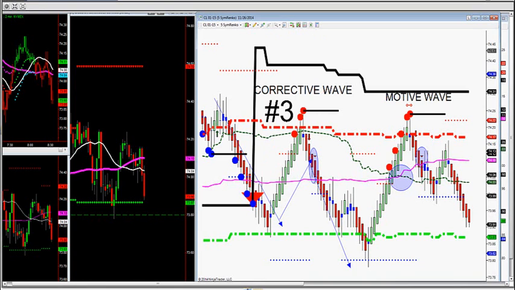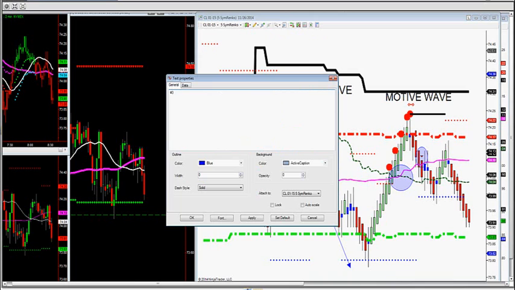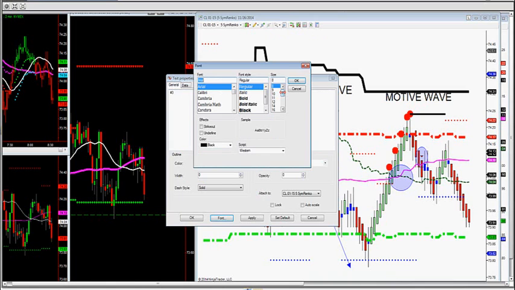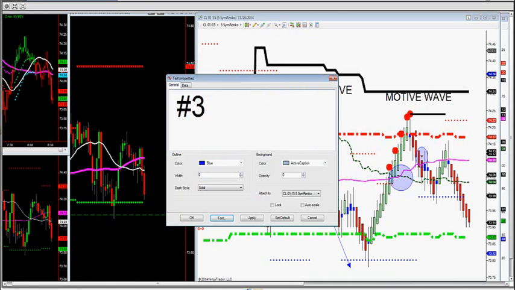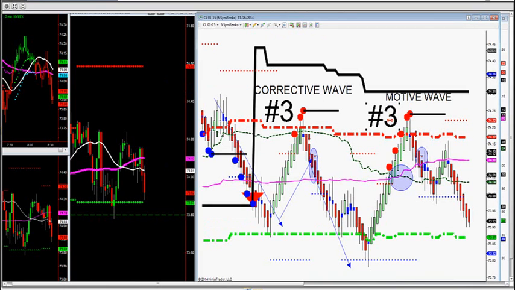There's only one setup you need to learn with JaySignal, that's called a number 3, because it's a retracement trade with overall trend direction with a motive wave, or it's a corrective wave, meaning you just break inside of HVA if the 5-minute trend is up, and you get a